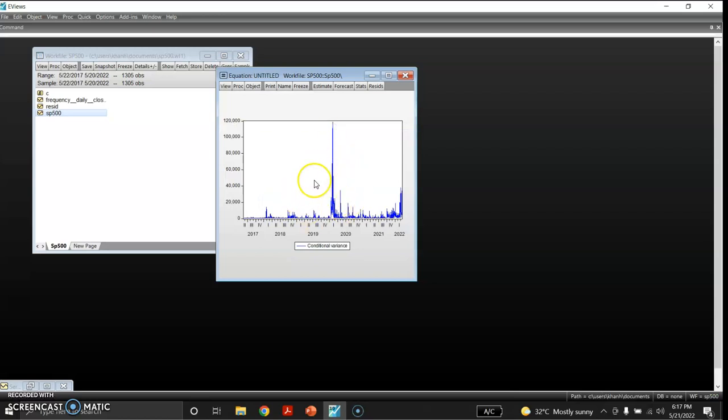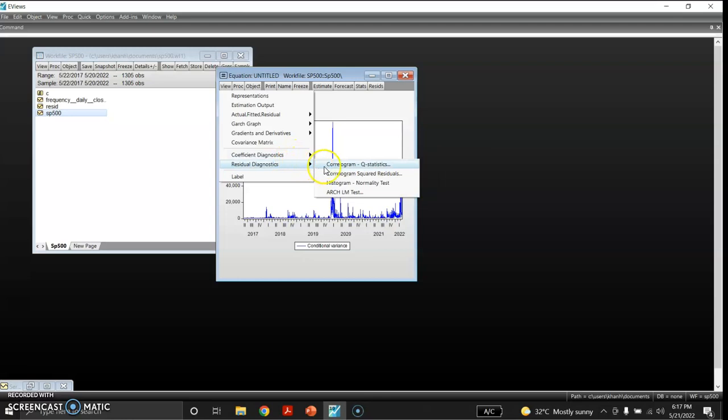These are the values of the conditional variance. There is one spike here right at the first quarter of 2020. Let me also check some